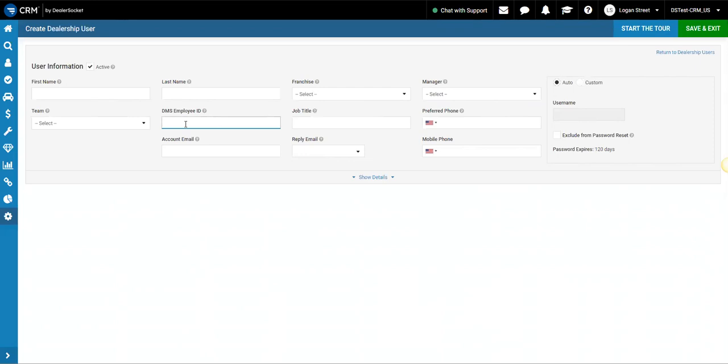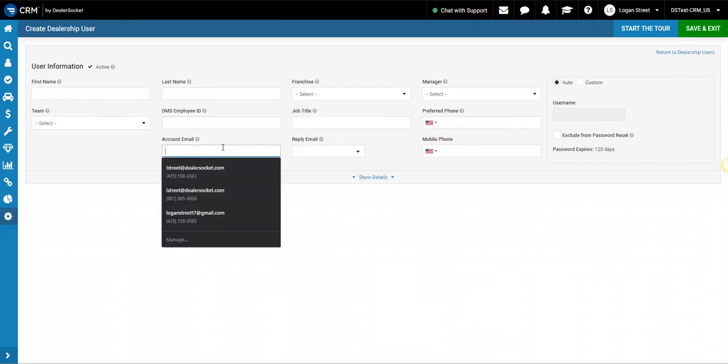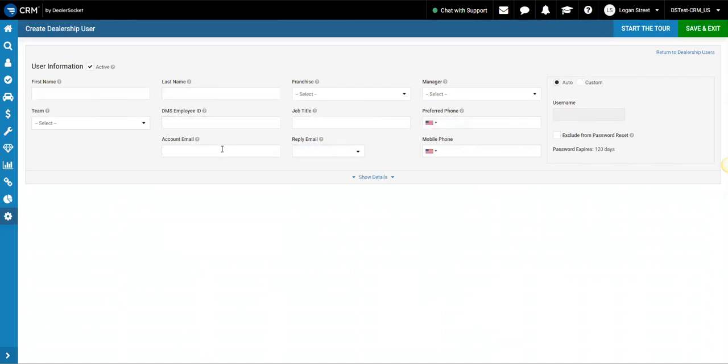A lot of cases, the reason it's doing that is because it's not matching up a DMS ID, because the user does not have a DMS ID listed, or it has the incorrect DMS ID listed on their profile. Moving down, the account email. This is the email where the email verification is going to be sent along with their temporary password